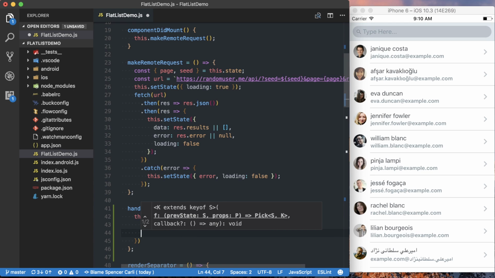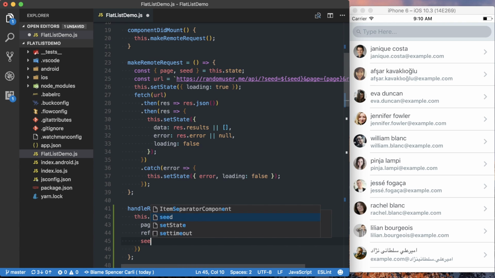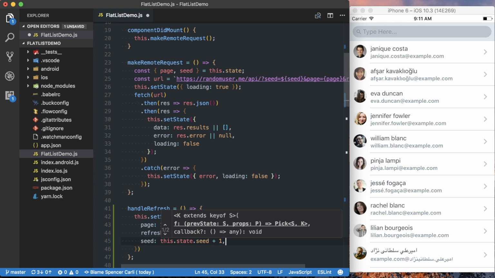The next thing we want to do is change the refreshing state, and we want to set this to true because we're refreshing. And the final thing we want to do is seed, and this is what we're actually changing. And in this case, since we're just using numbers, we can say this.state.seed, and then we're just going to add 1 to that, and that'll change the seed,